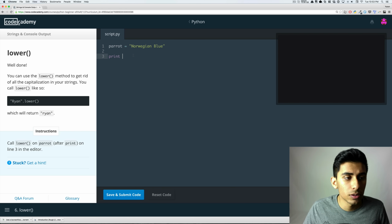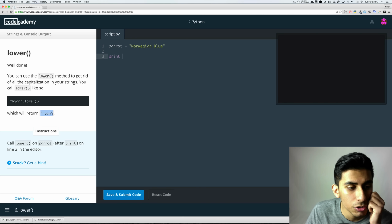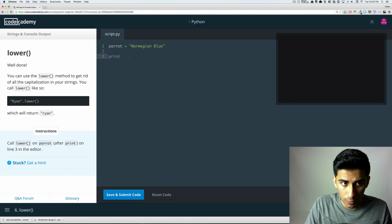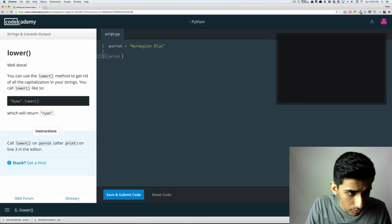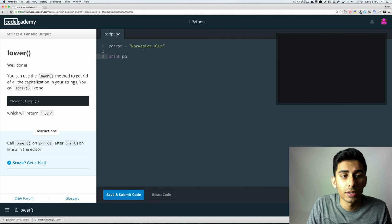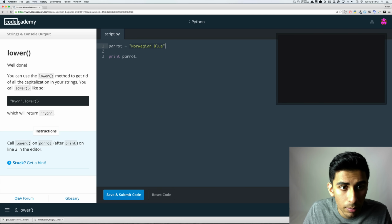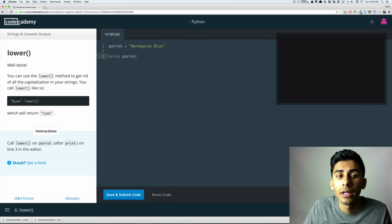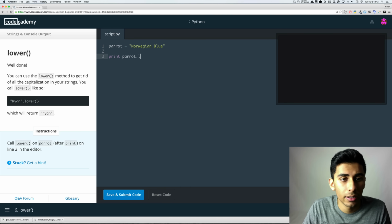Now it's going to show us parrot dot lower, and that'll just return parrot in lowercase. So call lower on parrot after print on line 3 in the editor. So I'm going to say print, and I'm going to refer to this string by the variable parrot. Okay, I don't have to write Norwegian blue again. I can just write parrot, and I can say lower, and it's going to return...